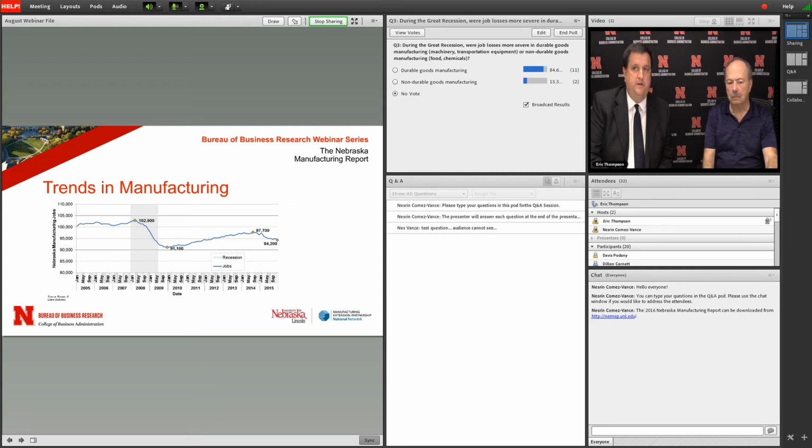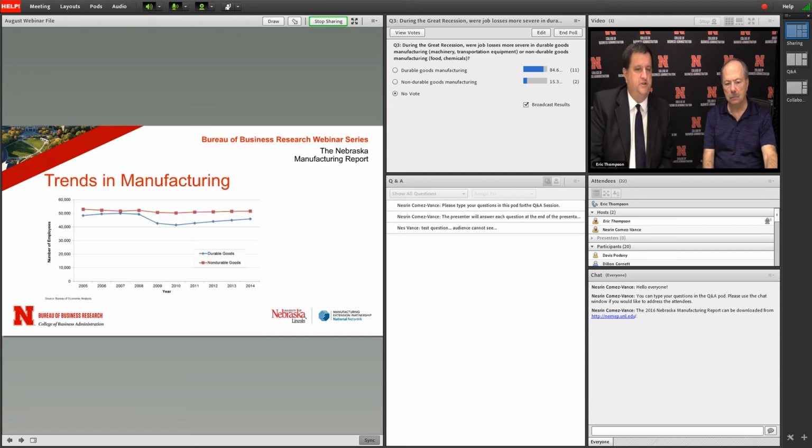We have had a little dip in recent years. I think that's related, last year, to some of those losses in farm machinery as farm profits have fallen from their peak levels. But you can see, at least during a period of normal economic expansion when prices are fairly stable, you will get job growth in manufacturing. Unfortunately, what typically happens is there's severe job loss during recessions in manufacturing, and the long-term trend seems to be stable or somewhat of a decline in manufacturing employment.